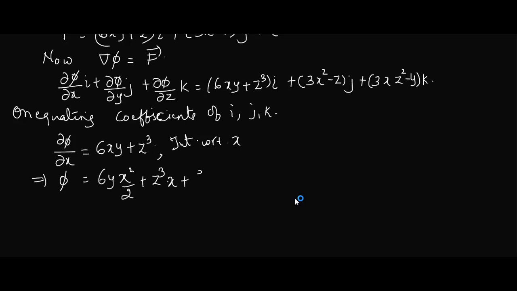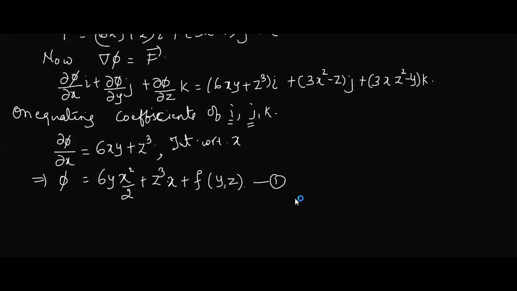Now you can add a function. See, in my notes, I have given it as f1, f2, f3. You can use it as f, g, h. No problems. So shall I take f1, f2, f3 or f, g, h? Your choice. What is important is which variable you take. Take f of the variables which you are treating as constant here, y and z. Let us take it. I'll call this equation 1. This is after equating the coefficients of i.